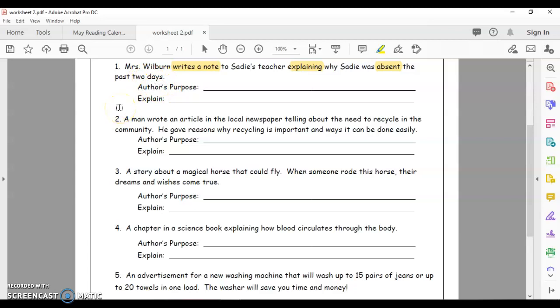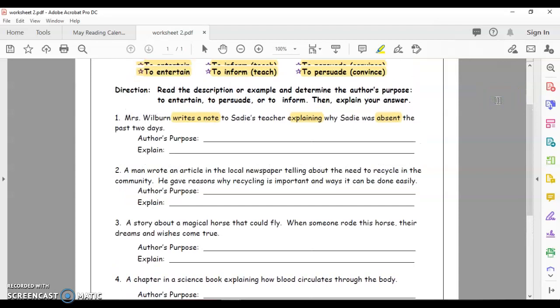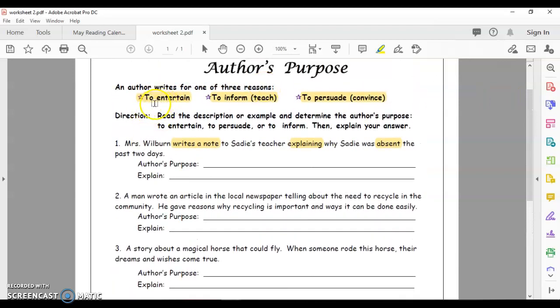Okay, so your author's purpose. What would be your author's purpose? Let's go back. Is it to entertain, to inform you, or to persuade? For number 1, your best answer would be to inform. She is letting you know by writing a note why she was absent the past 2 days. So number 1 is to inform, and then explain your answer. Number 2,